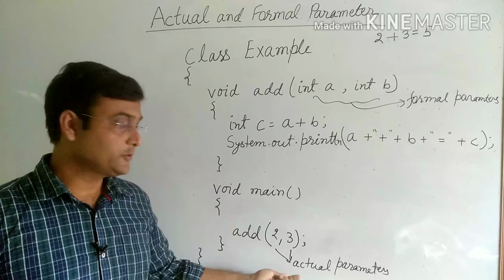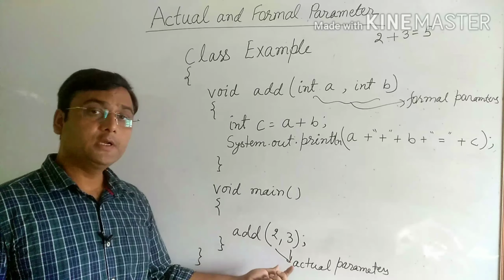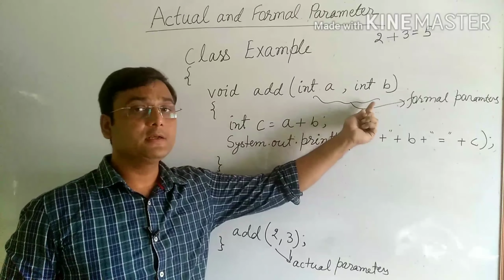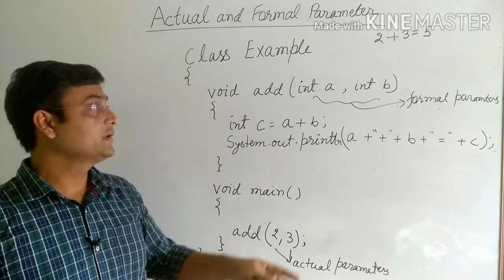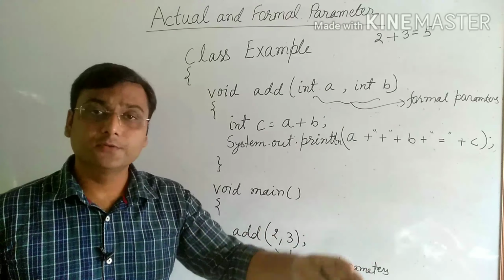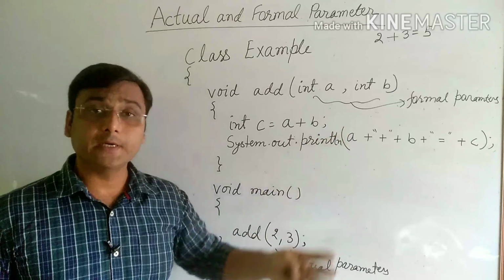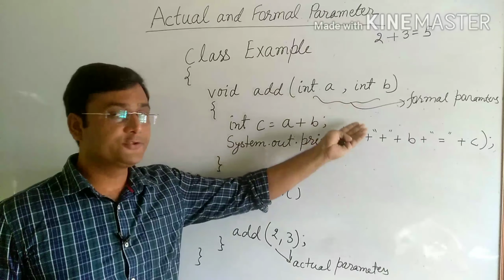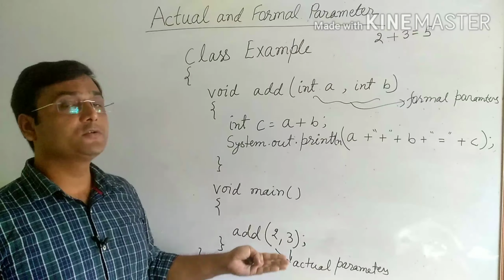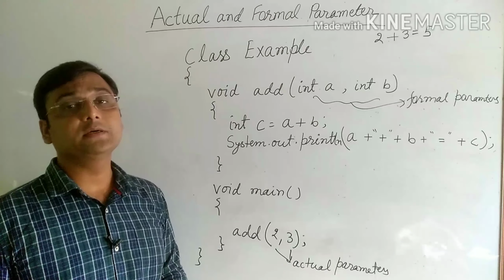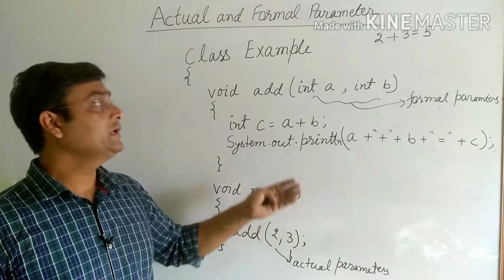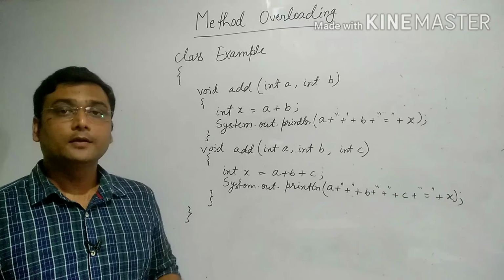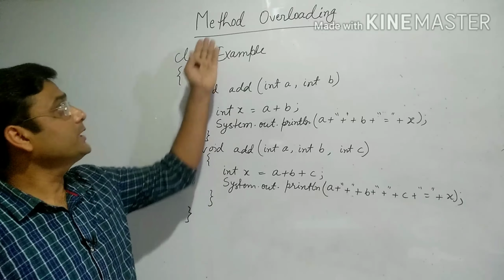So these are the concept of actual parameter and formal parameter. Whatever we pass from here will be called the actual parameter. Whatever we define here will be called the formal parameter. The number of parameters can be 1, 2, 3, 4, any. There is no limitation, and different data types may be there. Here it is int a, then it may be double b, it may be string, it may be character, any. According to the requirement of the method and the program, we decide what type of parameters will be there.